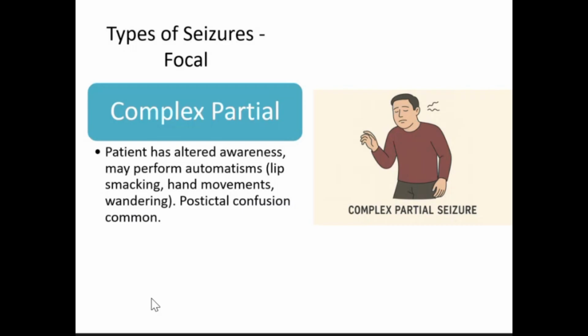They have the confusion. They may have hand movements, localized, because you've got to remember it's one area of the brain that is seizing versus the whole brain seizing. So they're not going to have whole body involvement. It's going to be local involvement, whether it be a hand, a foot, an arm, lip smacking, whatever it may be, versus a general global involvement. So like I said, they will appear postictal. They also could be sitting right there in the chair having one and you have no idea. Then all of a sudden they're talking all crazy, they're confused, they don't know what's going on. They were fine 5 minutes ago.